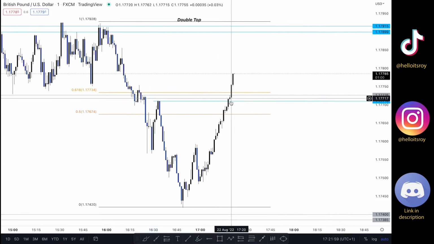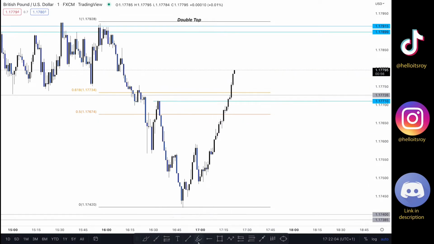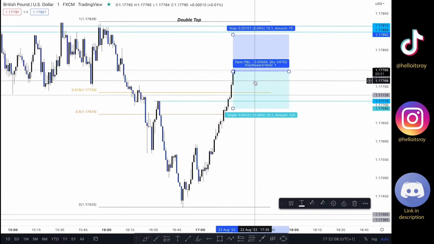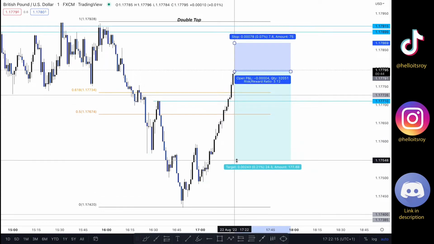Here on the 1 minute time frame, this high right there was broken. The market is pushing through to the upside, giving us no signal to entry. However, I will be entering right here, right there, so actually right now, and placing my stop loss just above here, and then I'm going to be targeting at least a 1 to 3.